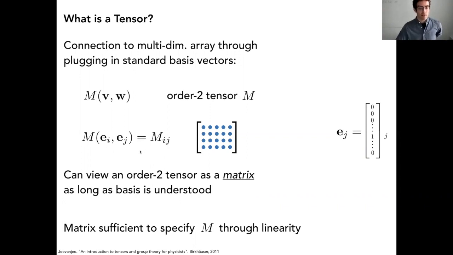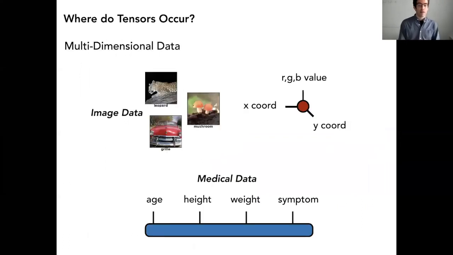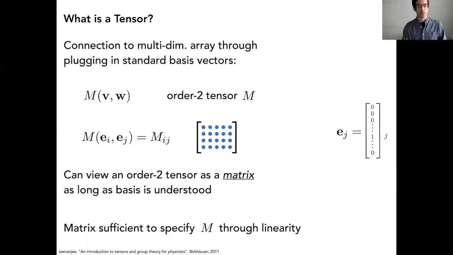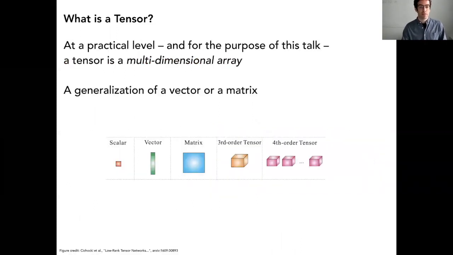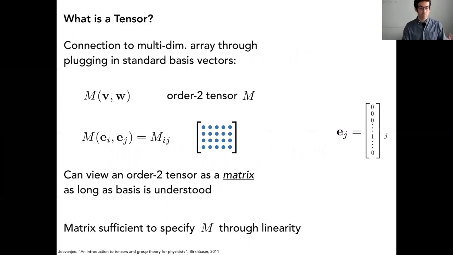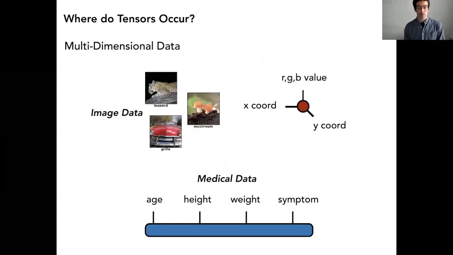And in many applications, like in physics in particular, we know what basis we're in. So when we're doing quantum computing, there's a given basis of qubits that we start in and we work in the entire time. So we know what these arrays mean in those contexts. Okay, so a good chance to ask a question there if you need any more background on tensors. So basically a multidimensional array, but there's some mathematical pedigree as well. There's some things you can say about transformations, but they won't really be relevant for this talk too much.